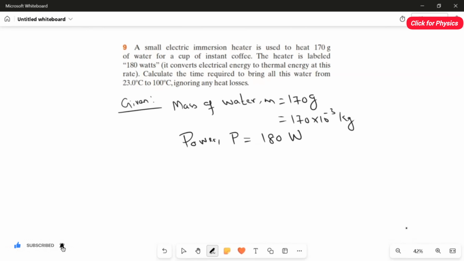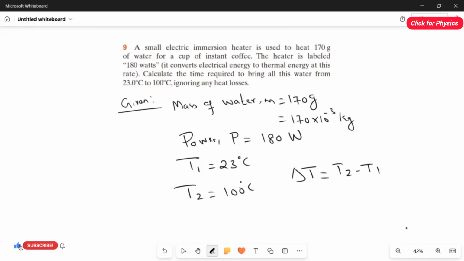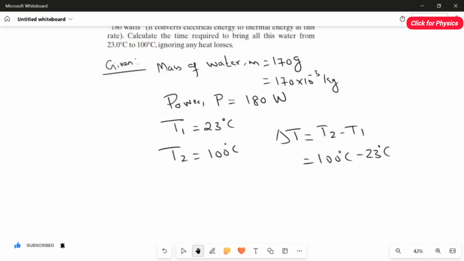So the time taken to heat the water from 23 degrees Celsius to 100 degrees Celsius. So initial temperature T1 is 23 degrees Celsius, and the final temperature T2 is 100 degrees Celsius. By using this, we can easily find the change in temperature delta T, which is T2 minus T1. So 100 degrees Celsius minus 23 degrees Celsius, we got the answer as 77